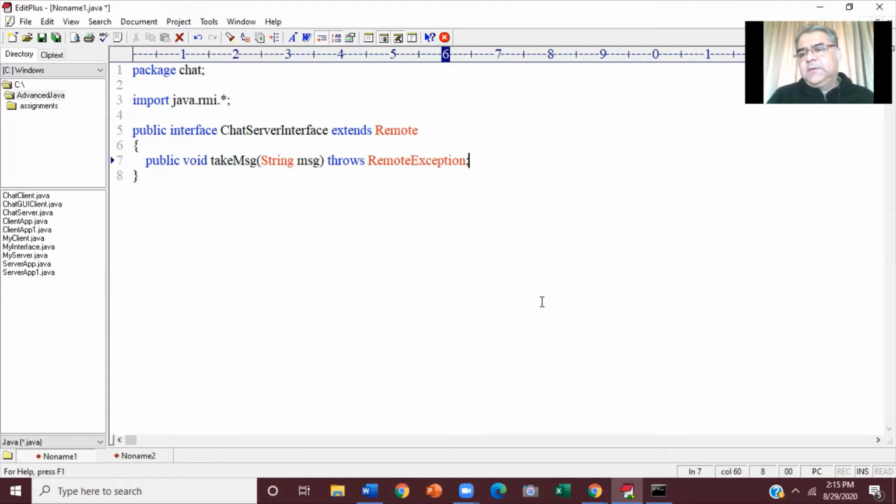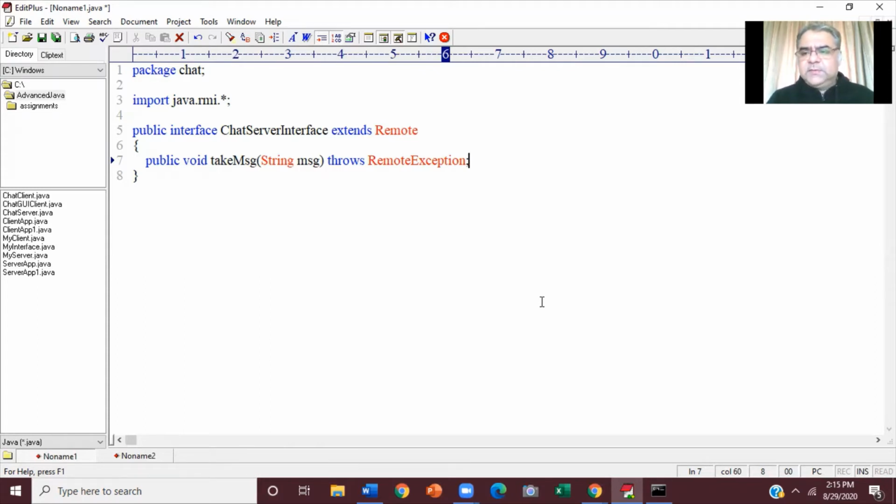Okay. So we'll have such a method declared. Such a remote method we'll declare inside chat server interface, whose parameter type is chat client interface. So every client will call that method on server and pass his stub as argument. Is that method going to return anything? No. Server is just going to accept that client stub. Server is not going to return anything. So the return type will be void.